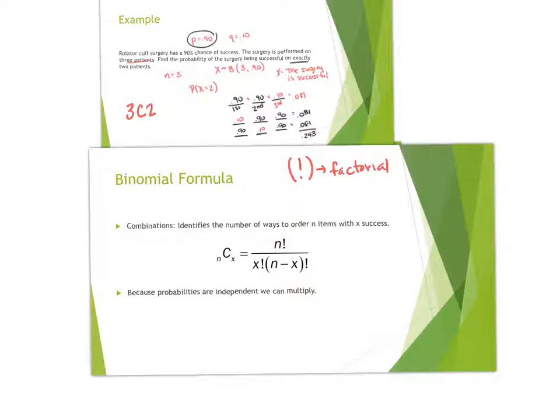And a factorial is defined like this. N factorial is equal to n times n minus 1 times n minus 2 times all the way down to 2 times 1. So what that means is, let's say n was equal to 5, then n factorial would be